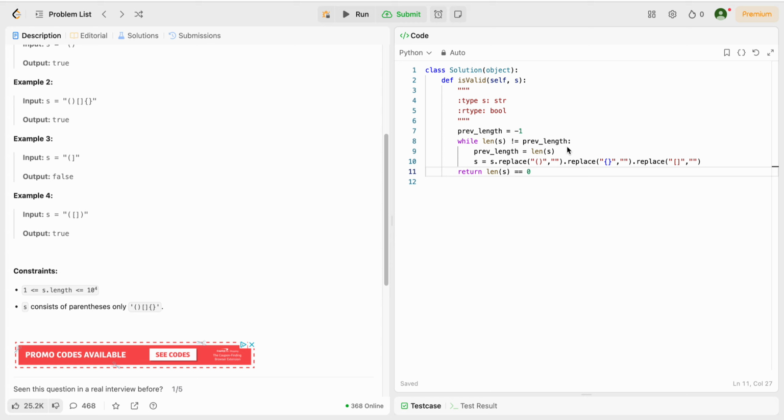We first checked if they were the same. If they're not, we get into the loop. Then we gave it the length of it. And the whole goal is for length to keep decreasing throughout the entire code, all the way till we decrease to 0. And that happens by us replacing, let's give an example,